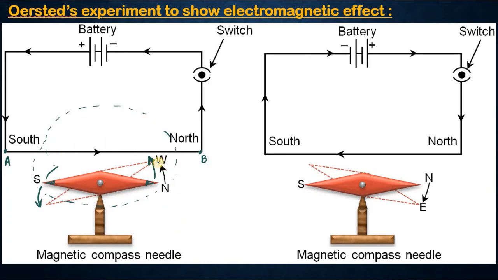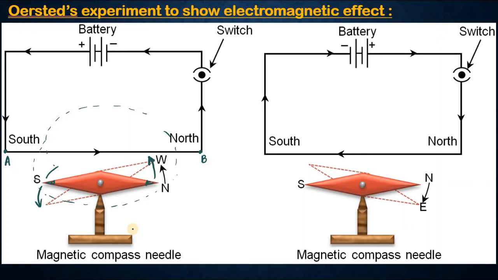And this effect, this phenomenon itself, is called the electromagnetic effect. It means creation of magnetic field around a current carrying conductor. So I think you have learned the concept of electromagnetic effect in your 8th standard or in the 9th standard. It was not in detail, but the concept was there while you were studying about the different types of magnets.